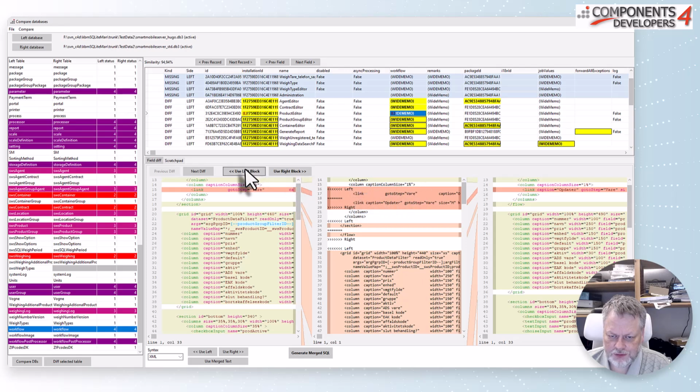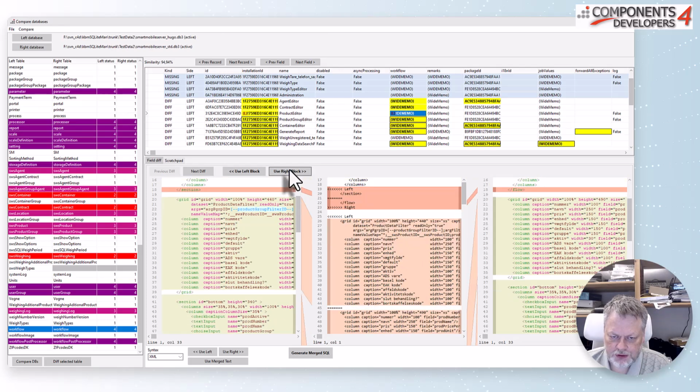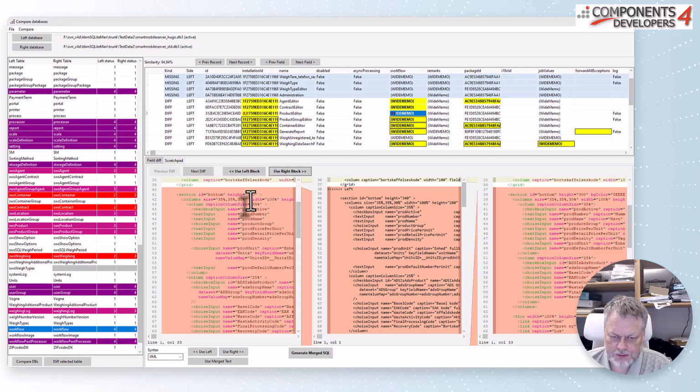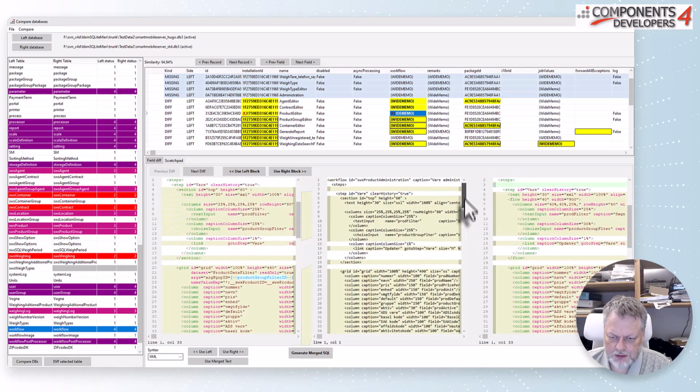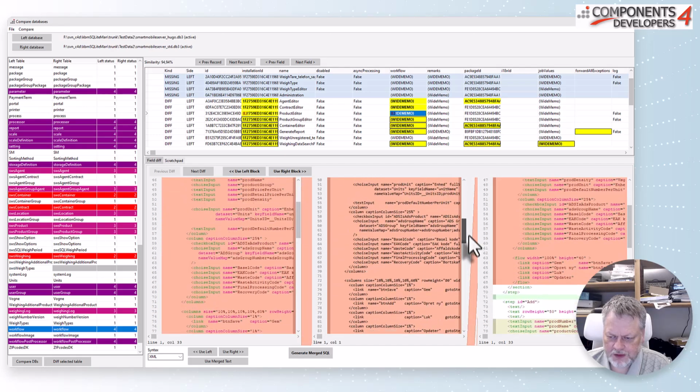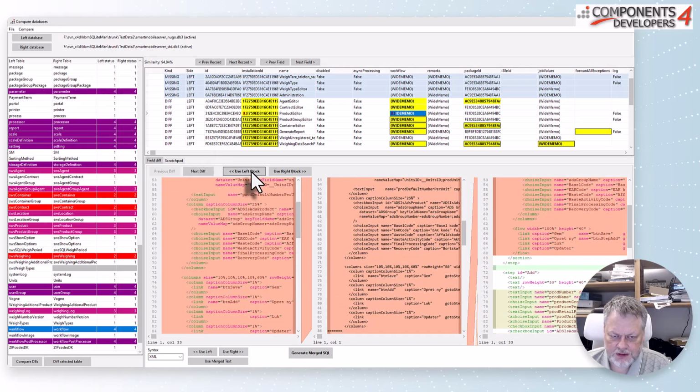We can continue comparing where things make sense, and if there are some things that we would like to edit by hand later on, we can do that when we have merged things together. Well, we'll use the right block on this one, we'll use the left block on this one, because we also used the left block on that section that was gone. And we have something we can use the right block on, for example. Here is a little bit longer, we'll just scroll down. So we'll probably keep the left one for this case.